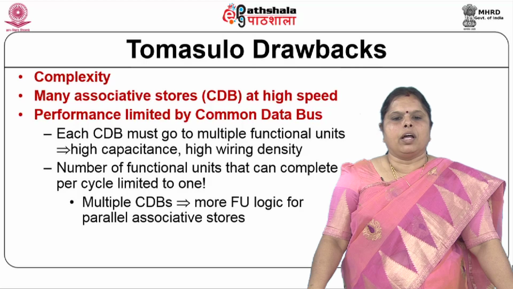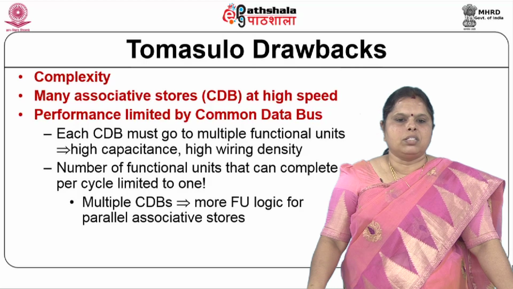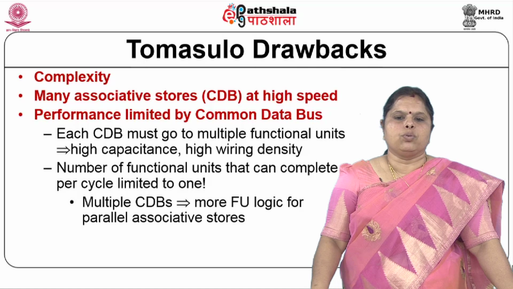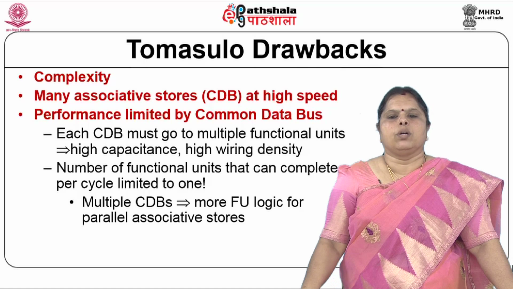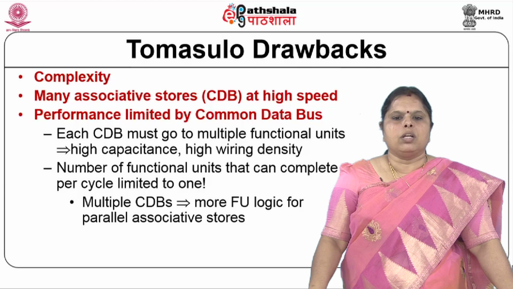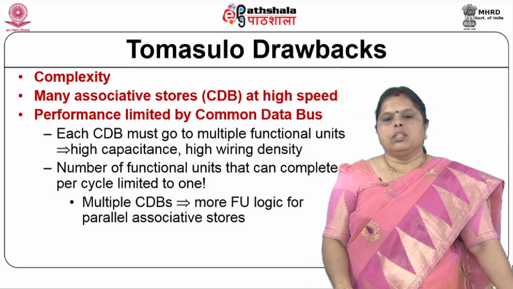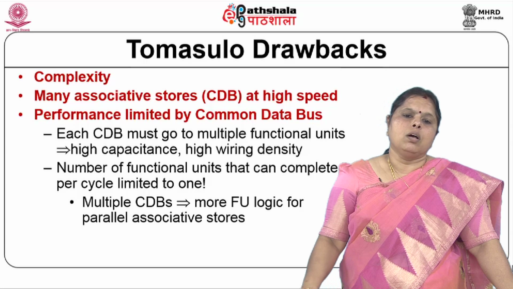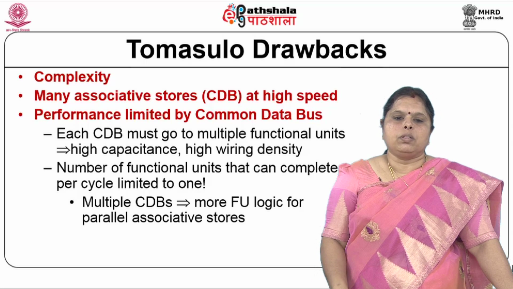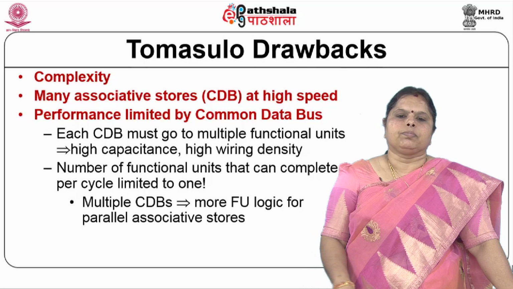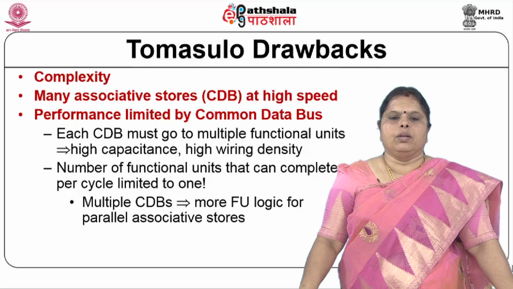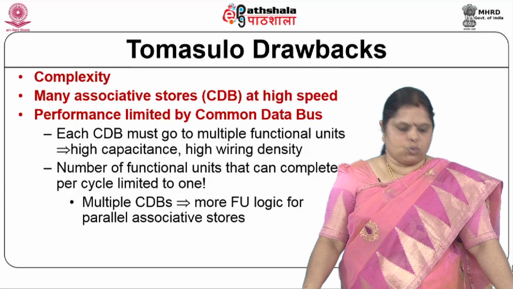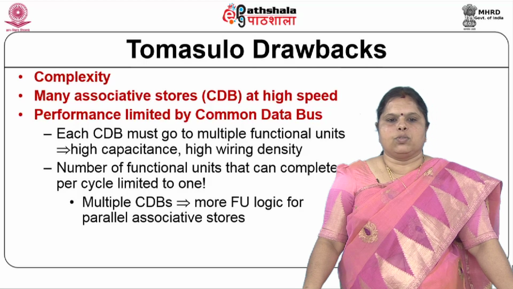And also, because you have only one CDB, the number of functional units that can complete execution in a particular clock cycle is limited to one. Because if more than one instruction finishes execution, then you can't transmit two results on the CDB, in which case you will have to look at multiple CDBs. Multiple CDBs obviously means that you have more logic you will have to bring in, because you are looking at parallel associative comparison stores. So, these are the complexities associated with